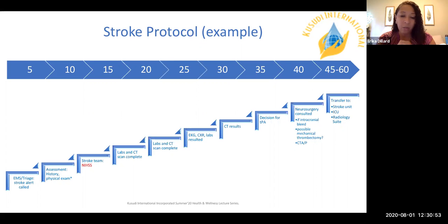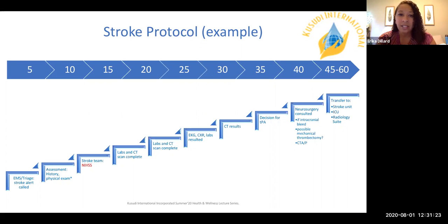You'll also get blood work, and you'll get a scan of your head. The scan of your head is important because these symptoms could also be caused by other things happening inside of your brain. They could be caused by a brain tumor. They could also be caused by a seizure, which might not necessarily be shown on the scan, but a brain tumor most definitely will. Those are going to have very different treatments, so you want to make sure ahead of time that you know what you're actually dealing with.